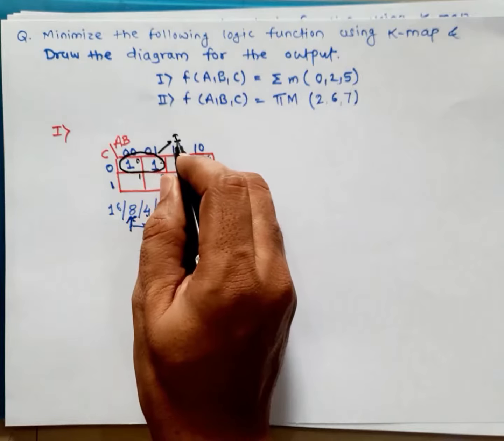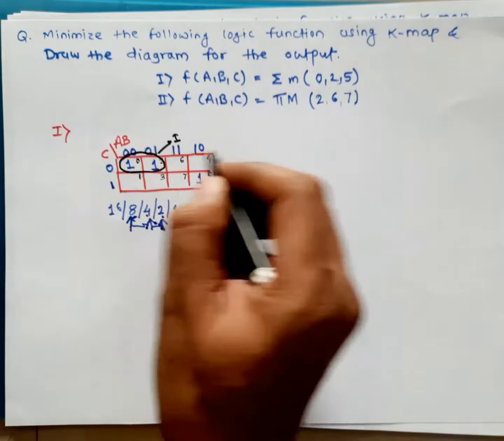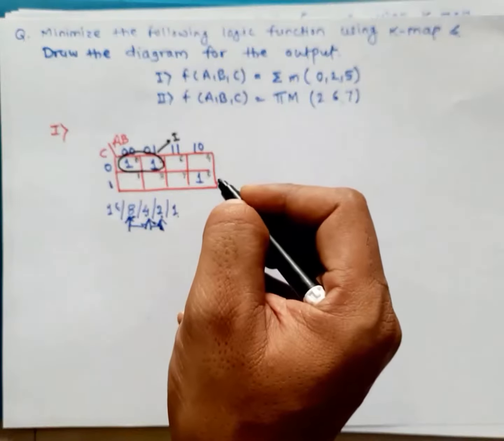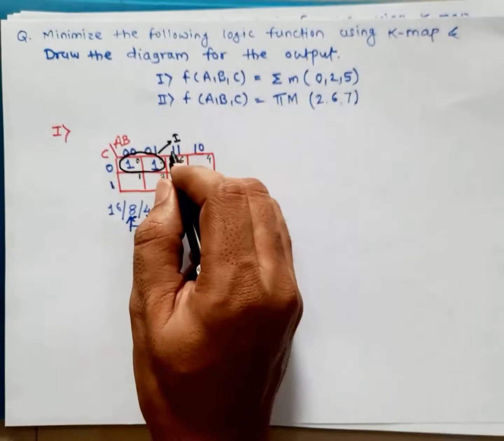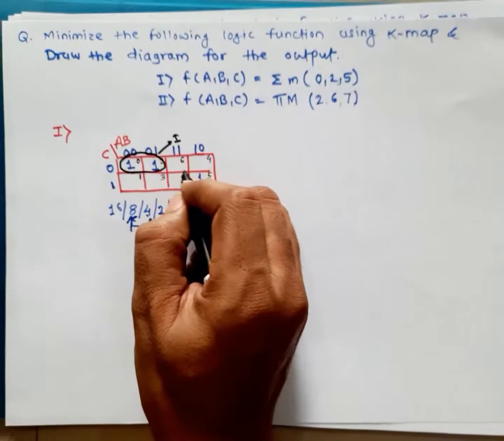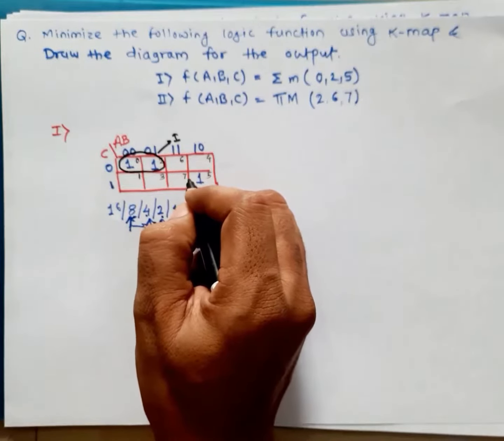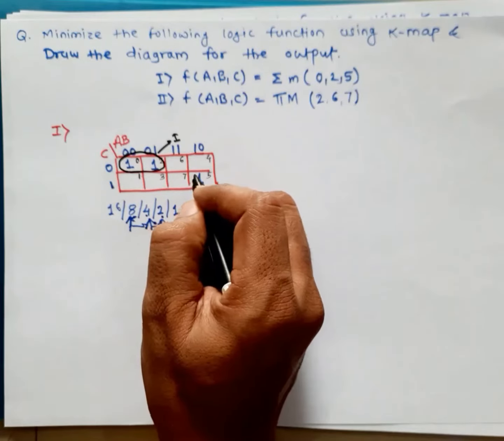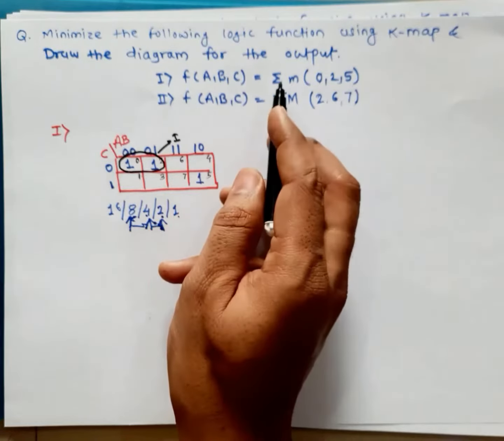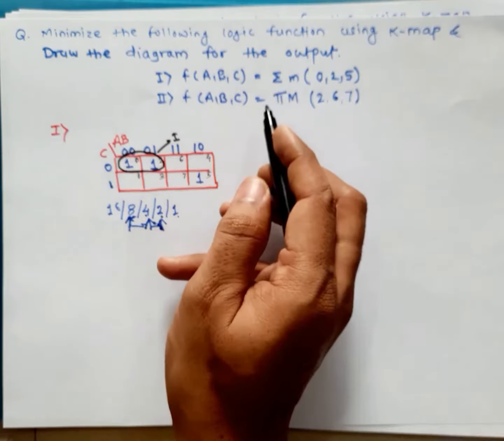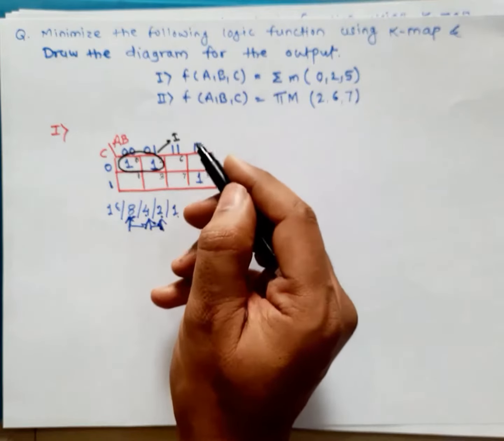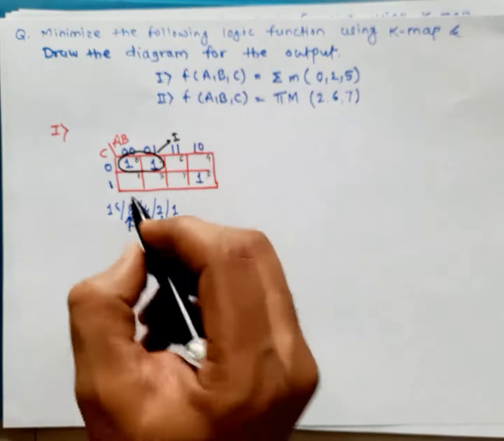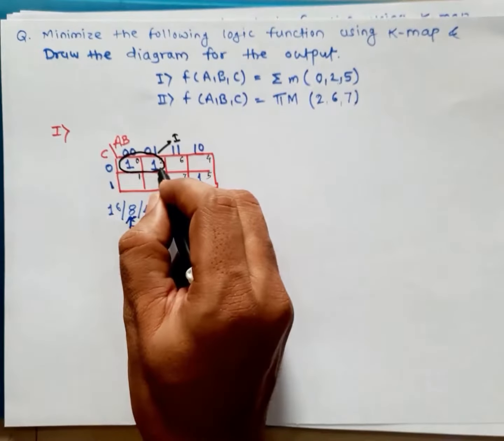If you are assigning a group number, then it is easy to calculate the final reduced equation, because from the group number we can say that if there are n number of groups in your K map, then in the final equation n terms are required, either in SOP form or in POS form. So for this example, the first group is this.